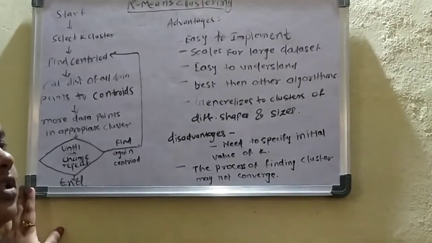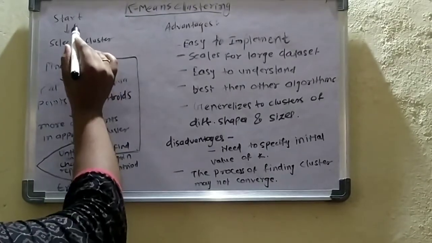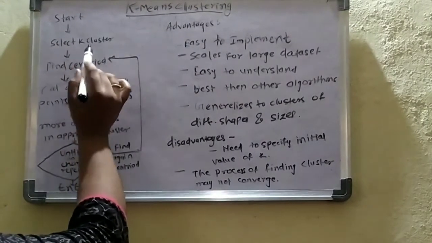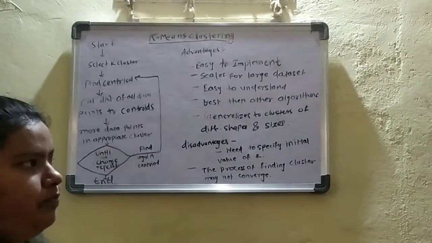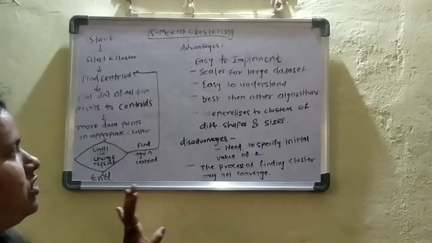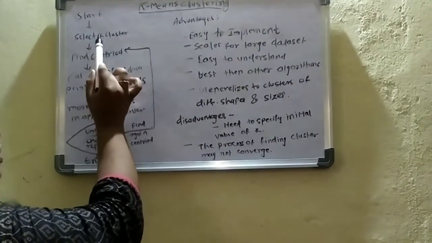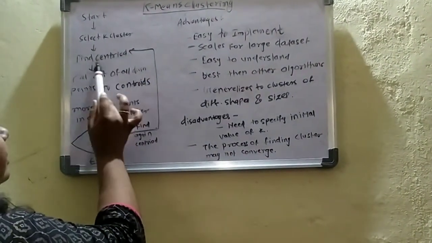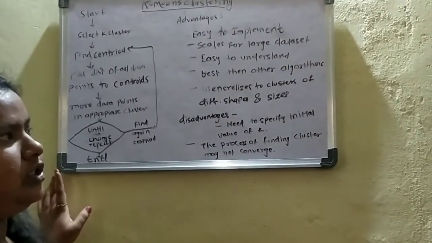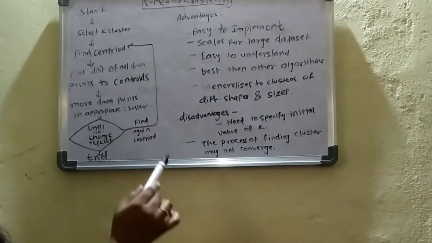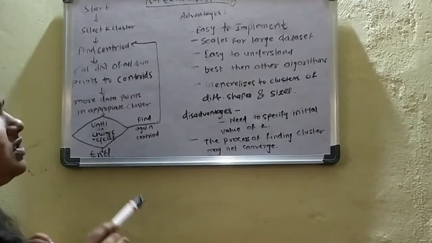As I told you in the first video, for clustering we need the K value. So first, we have to select the K value for the cluster. K means how many clusters we want to divide the objects into. For the given data points, how many clusters we want to classify, for that we have to specify the K value. The next step is to find the centroid. Either the centroid will be given in the numerical problem, or we have to randomly select one of the centroids from the given numerical. Then the further process will be carried out.